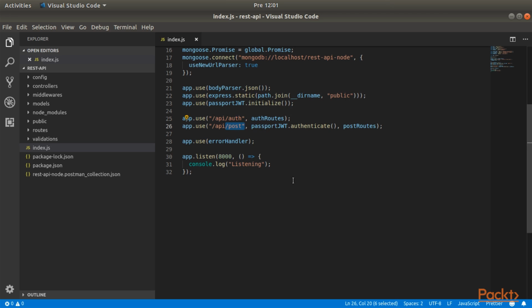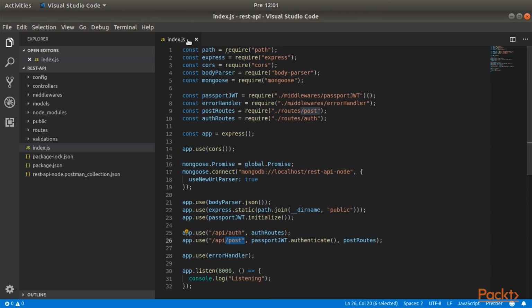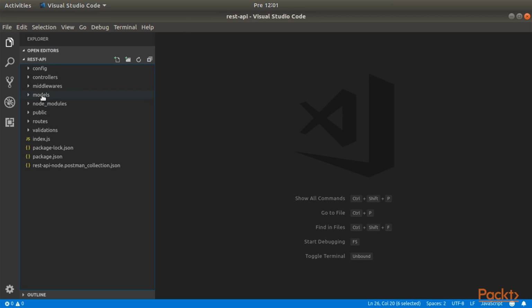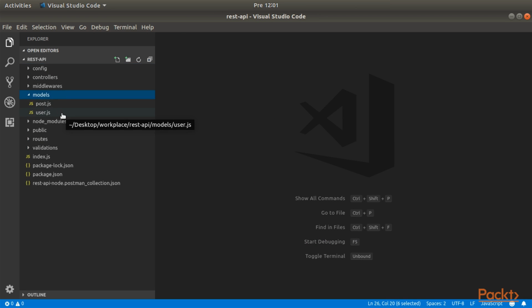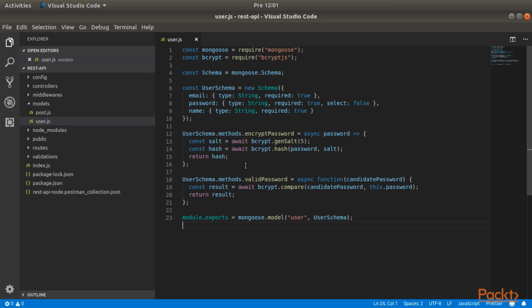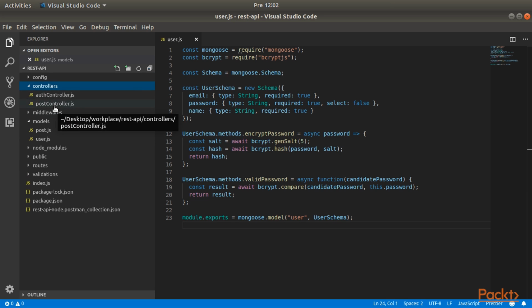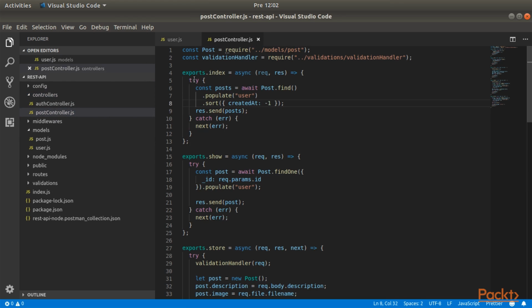Because if we think about Instagram, you can only see posts from people that you are following. So we have to add a feature in which a single user can follow multiple other users. And to do that, we will take a look at how to modify our user model and add a new field into the schema. And also, we have to modify something in our post controller,